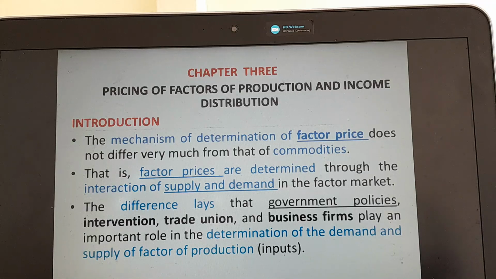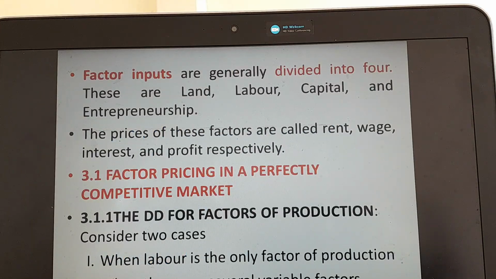Isaan kun they play an important role in the determination of the demand and the supply of factors of production. Demand and the supply of factors of production affect or determine kan godhan government policy jira, trade union, business firms, and these are the factors that play a great role in the demand and the supply